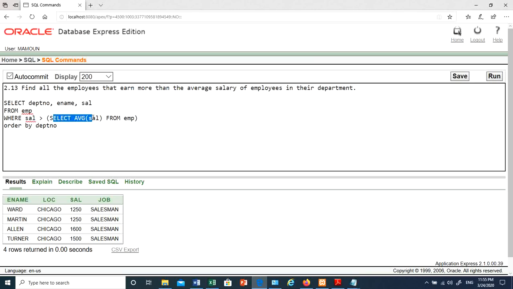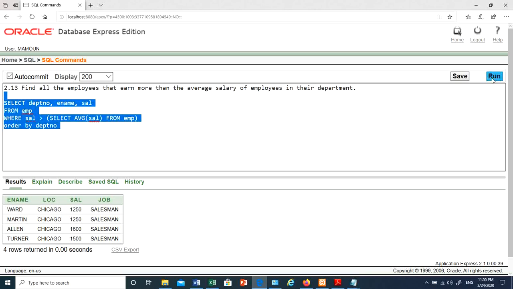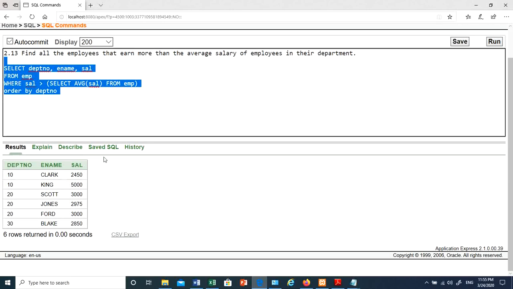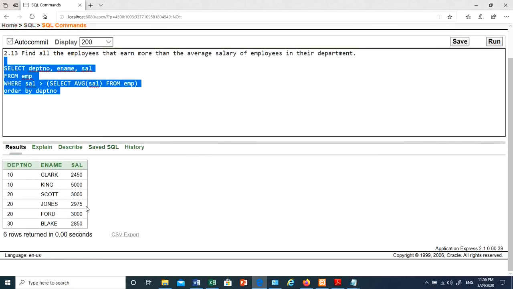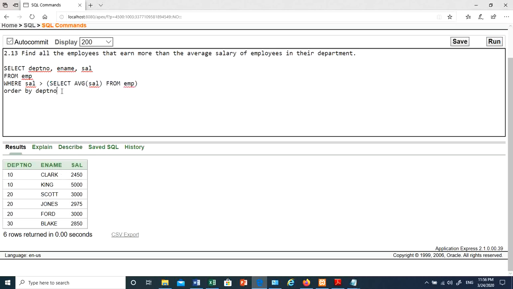You have to select the average salary from employee. So this one, average salary for employees, gives you one record, one value. You use it as an input for the outer query. Okay, so in this statement, we'll show these 6 guys who are getting more than the average salary. Look at this. What is the average salary? Do you know what the average salary is? Here is the average salary. Okay, the average salary is